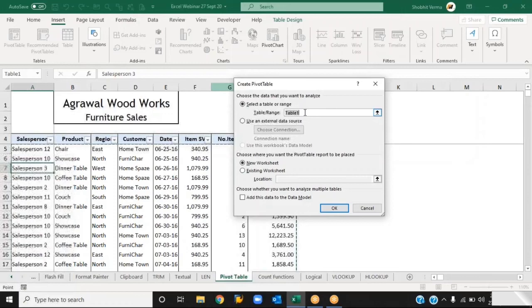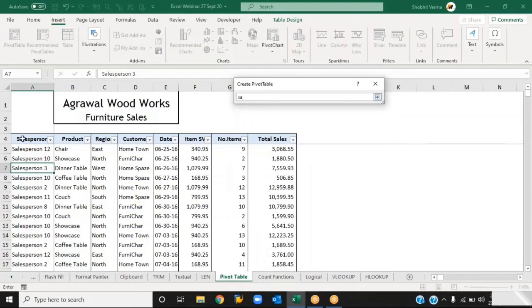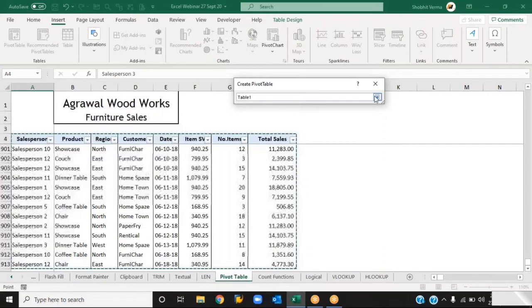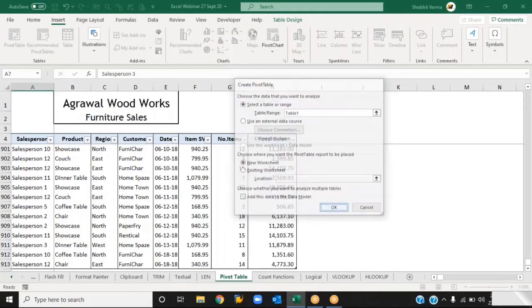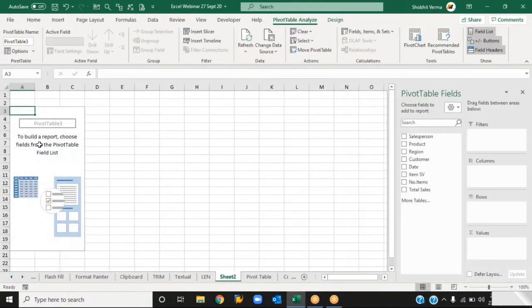It is coming as Table 1, the range should be the sales table, or you can choose it by clicking on the sales table to the end. Now, new worksheet or existing worksheet: I prefer that you prepare it on a new worksheet. Click on OK. So here a draft pivot table is coming.